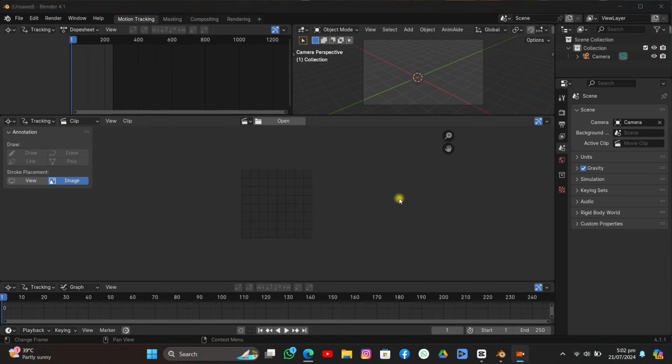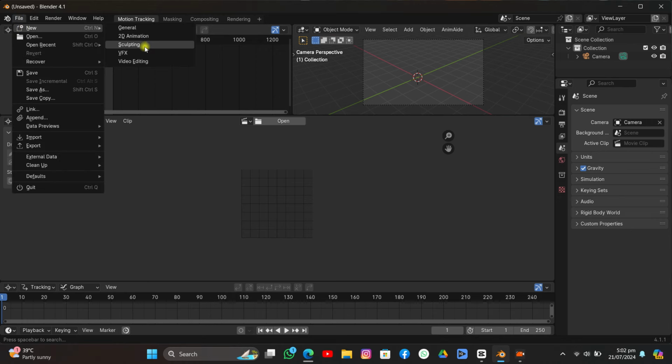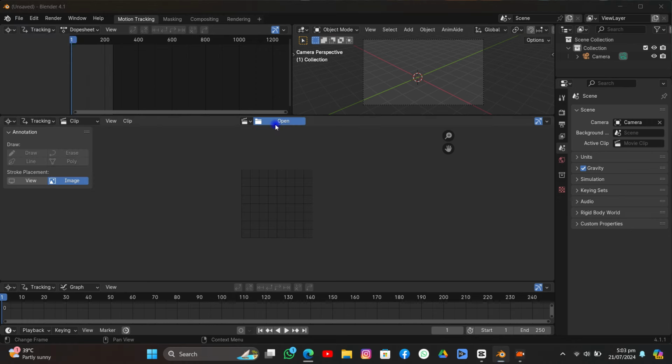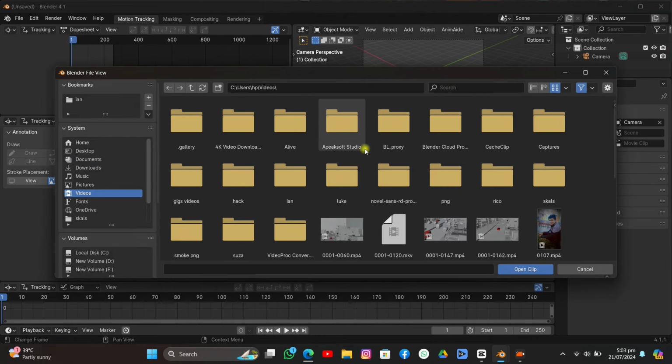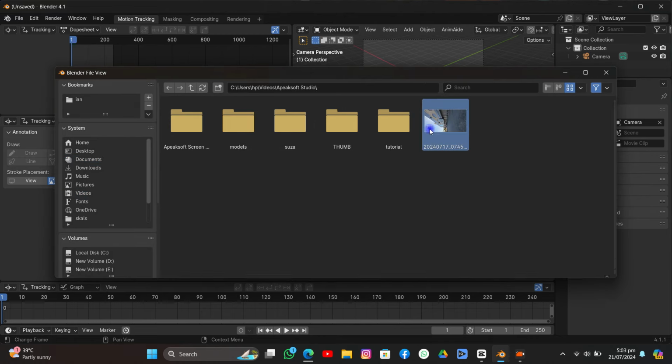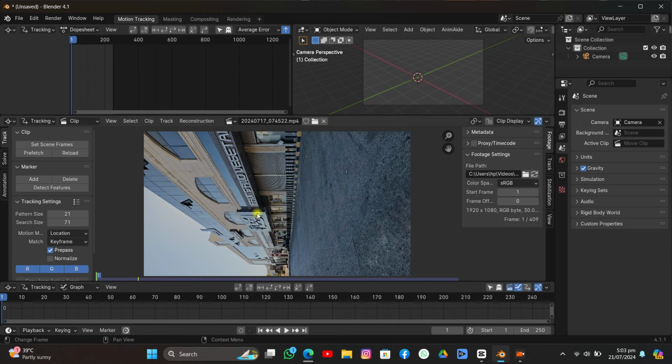So, now let's talk about motion tracking in Blender, okay? So I am in File, New, VFX tab, okay? I'm gonna click Open. I will open up the footage. This is the footage. Now you will be thinking that it is not right, like the rotation is wrong, but